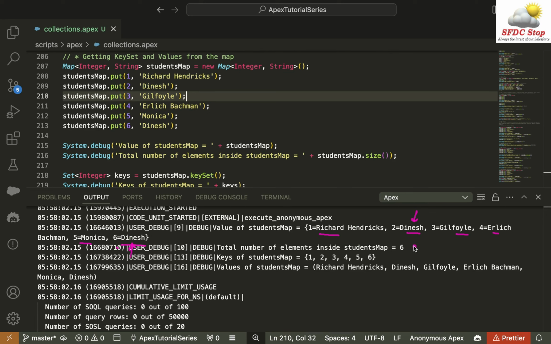So it is coming for key number 2 as well. Let me use a yellow color so that it's more clear. So it is coming for key number 2 as well, and it is coming for key number 6 as well. And this is what we have entered. So we have entered this value for key number 2, and we have entered the same value for key number 6. So we can have duplicate values as values inside the map, but we cannot have duplicate values as key